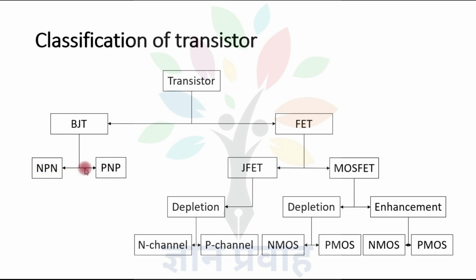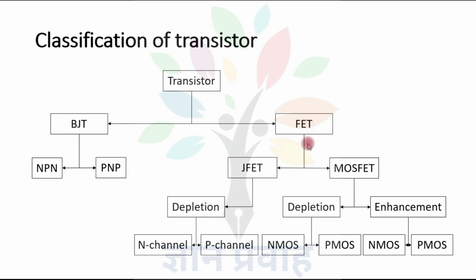These are showing the N-type and P-type materials. It means in case of NPN and PNP transistors, there are three layers. The corresponding layers are N-type, P-type, N-type in case of NPN transistor. While in case of PNP transistor, the corresponding layers are P-type material, N-type material, and P-type material.